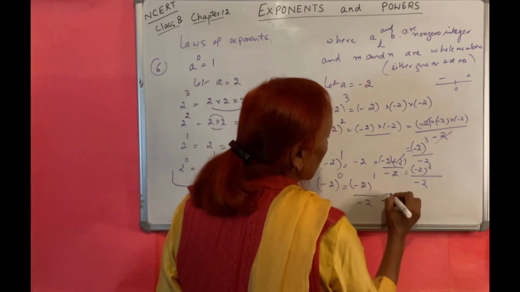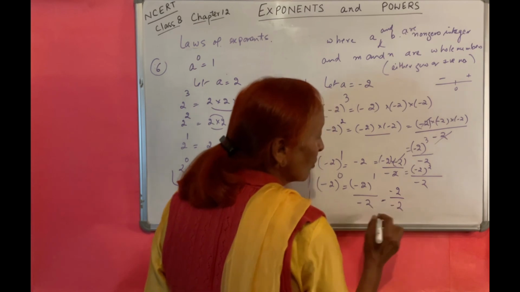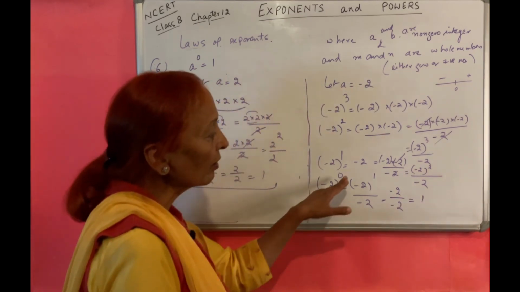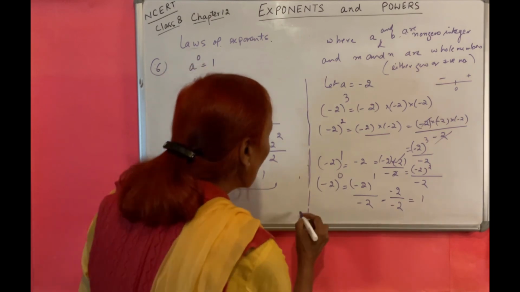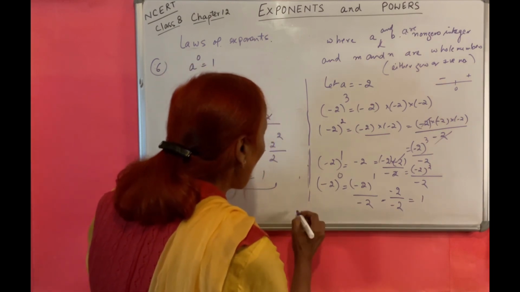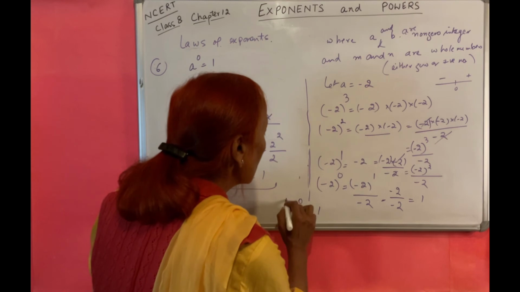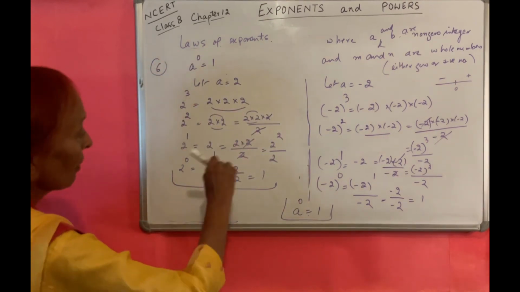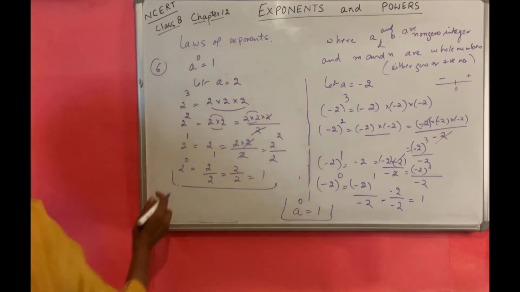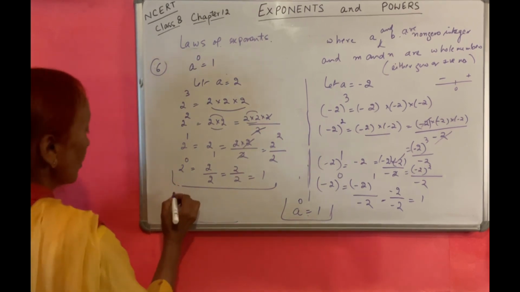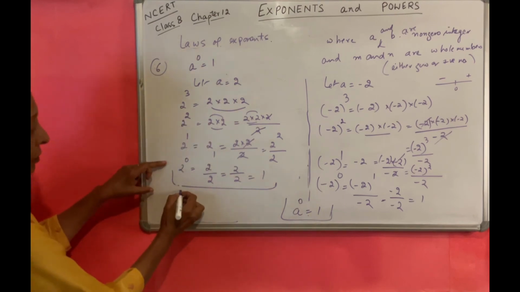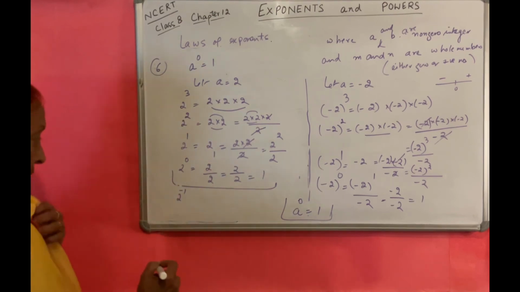That means this is minus 2 upon minus 2. This is nothing but 1. Here also this number raised to power 0 is 1. So in general, a raised to power 0 is 1. अच्छा, वो मैंने माइनस वाला आपको बताना था. If we go further down, means 2 raised to power 0 से further down जाएंगे 3, 2, 1, 0, then it will be minus 1, है ना.